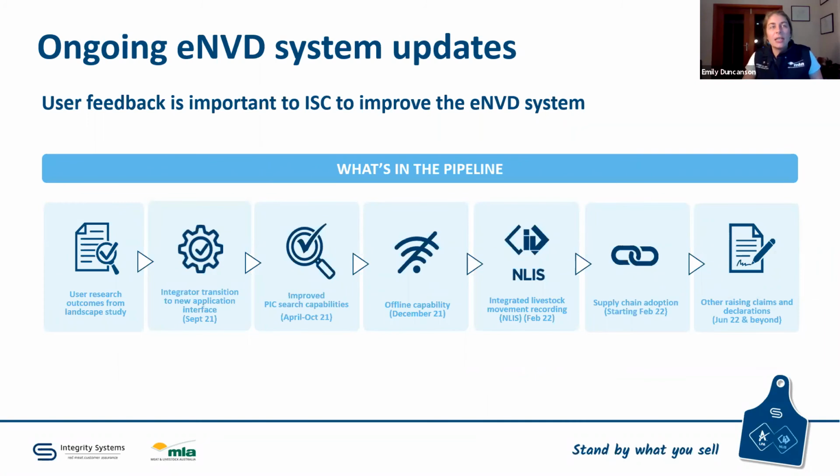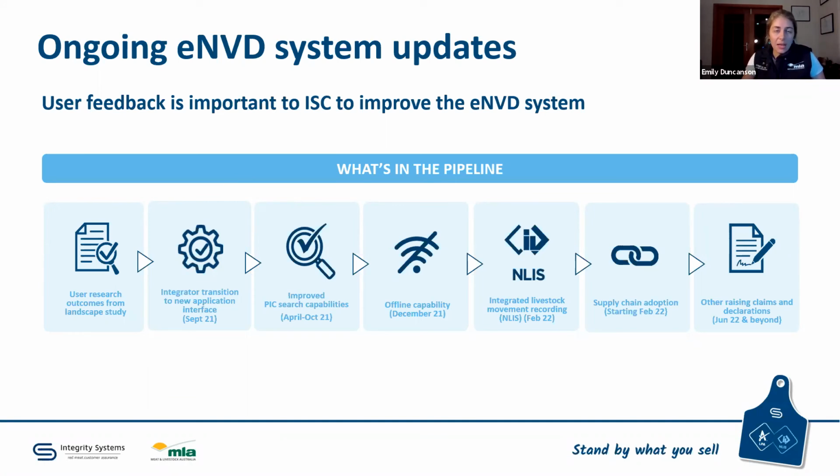This is the super exciting part. I've kind of alluded to it a little bit throughout the presentation, but we do have a roadmap of things that's informed by the feedback and by a bunch of research that we have done. Essentially, what you're looking at on your screen, which might be quite small, it certainly is for me anyway, is that we have a bunch of deliverables to get to you in the next 12 months. As you can see, the first part of that roadmap was to do a piece of user research, and we've done that, and we've used that landscape study, as we call it, which took a deep dive into the full supply chain and livestock movements,